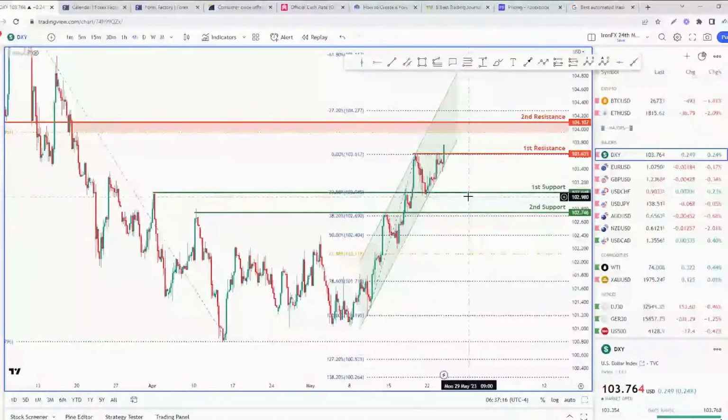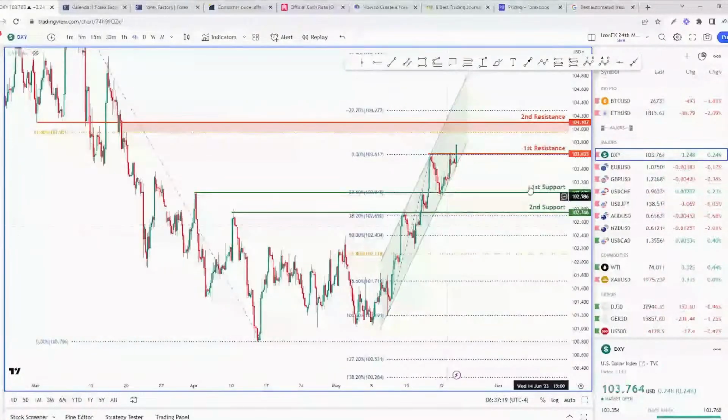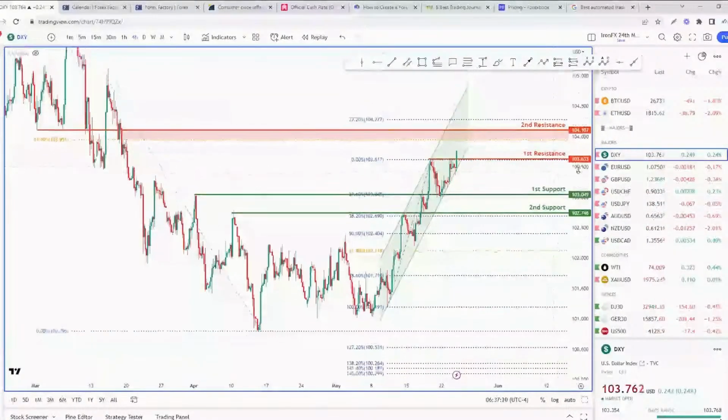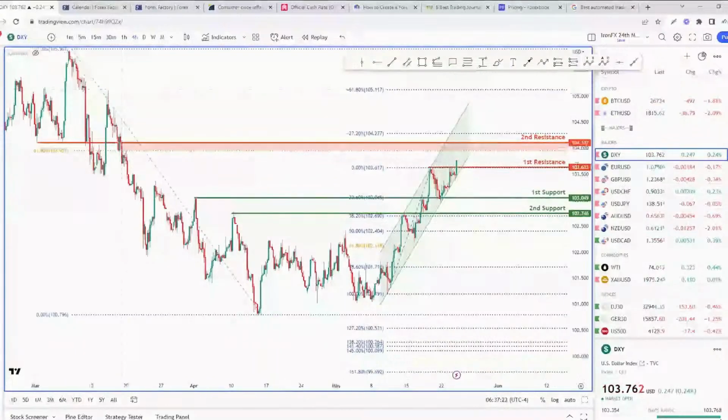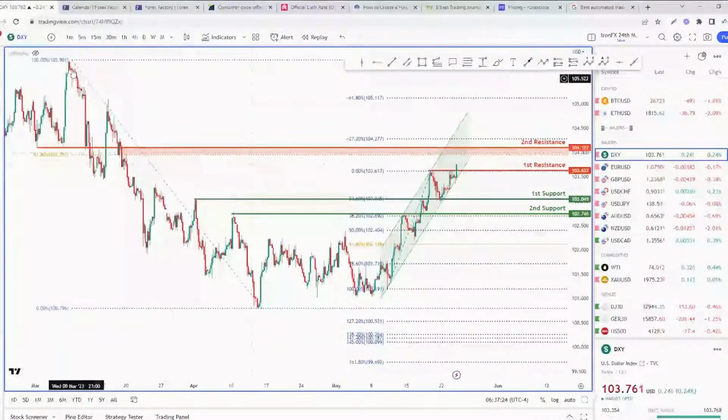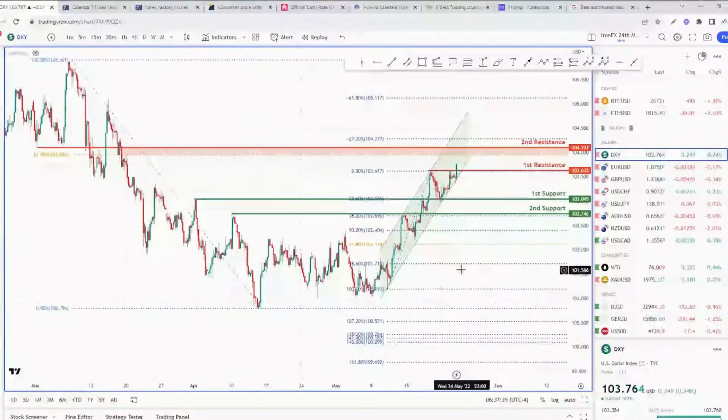So in terms of the resistance levels, let me just zoom out a little bit. You can see we have this very long downward move here. We've done the Fibonacci retracement on this leg of the move, from the top left to bottom right. Previously we had identified various